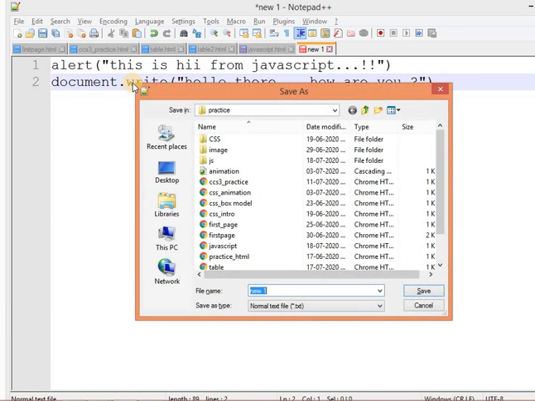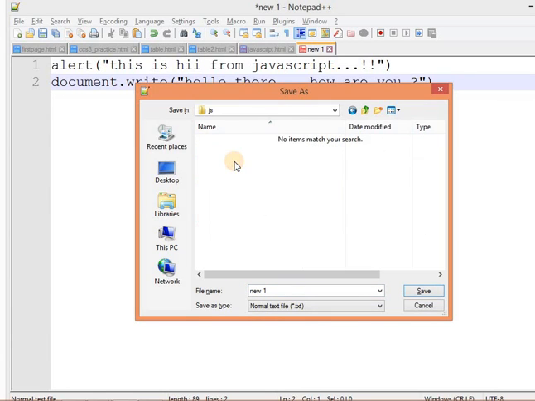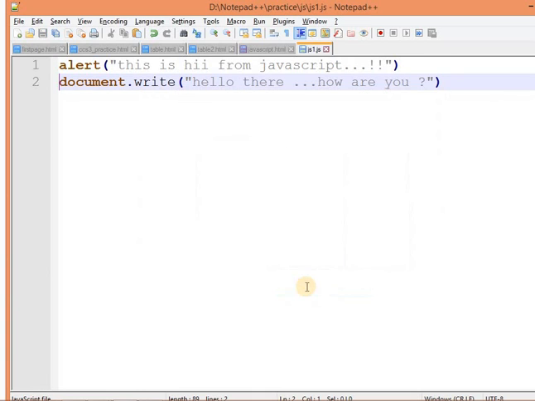Now I am saving it, and while saving I have created another folder for JS files, that's why it is over here. Now the file name is JS1, with extension .js. You can see that the color of this text has also changed.